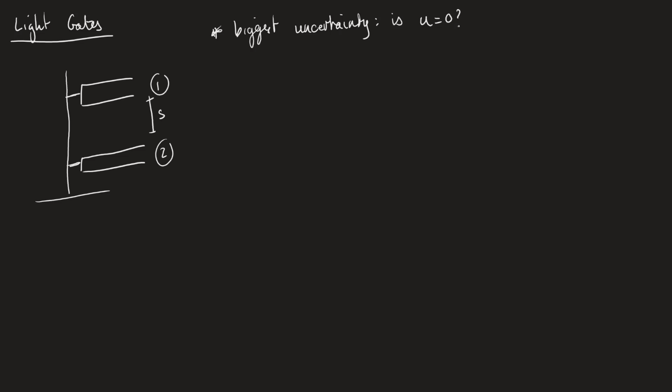If you have a massive variation in the way you're applying a small amount of force, it's going to change your readings. So this is the biggest uncertainty in this case, but it means that you're going to have to hold your steel ball or your ball bearing just above the first light gate, and then hopefully drop it from U equals 0. Okay, you'll probably find that your measurements using this method will be less accurate than your measurements using the electromagnet method. But then what happens is you set S to 6 different distances,